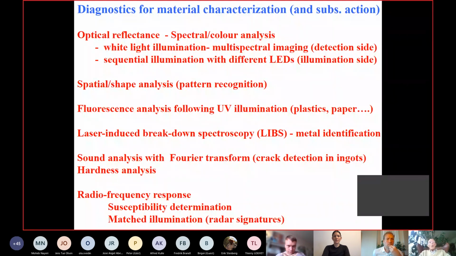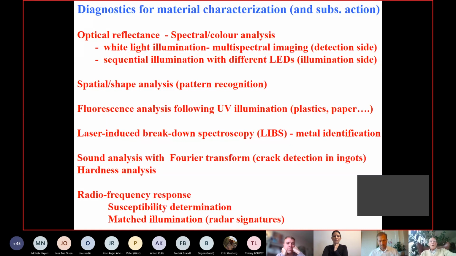So what could that be? We heard about optical reflectance. Basically, it's spectral or color analysis. And that can be used with white light illumination from the sun or broadband light sources, followed by multispectral imaging. That means that we do the discrimination and sorting about the different colors, about the different fingerprints from the atomic physics on the detection side. This is an expensive way to do it. But you can also do it on the illumination side, where we use these very effective LEDs, which are available at all colors, sequential illumination by them, use a black and white detector, and then sort things out on the